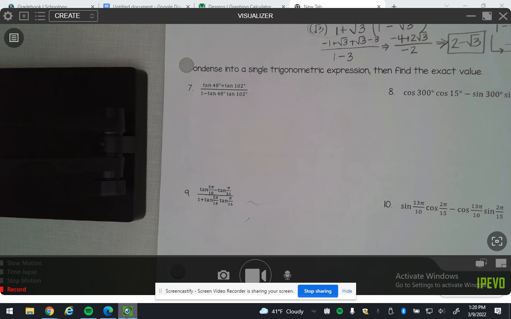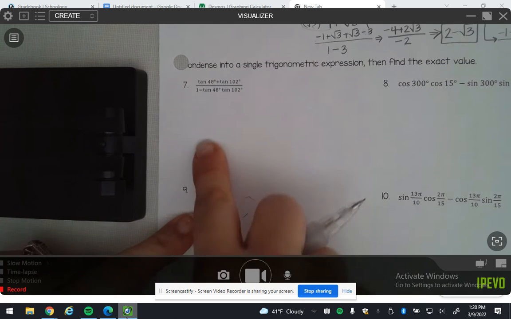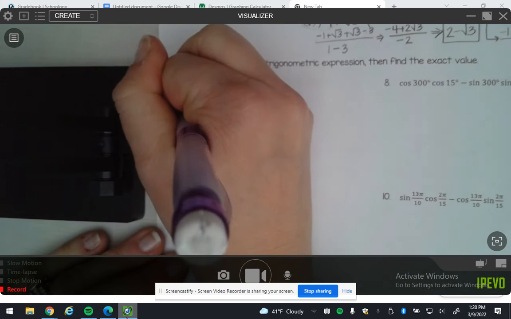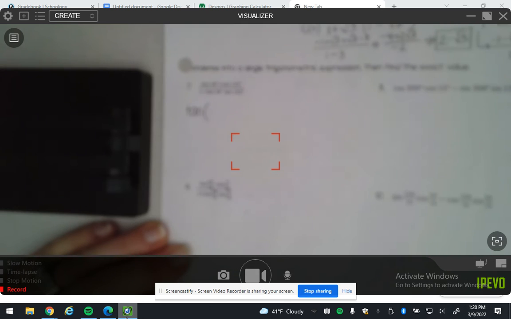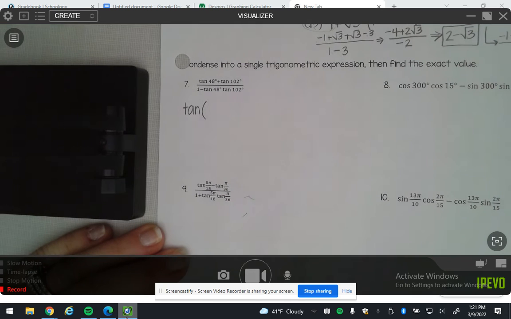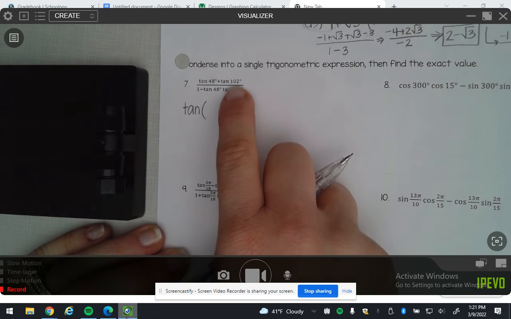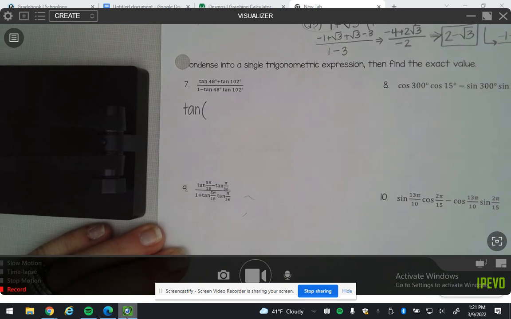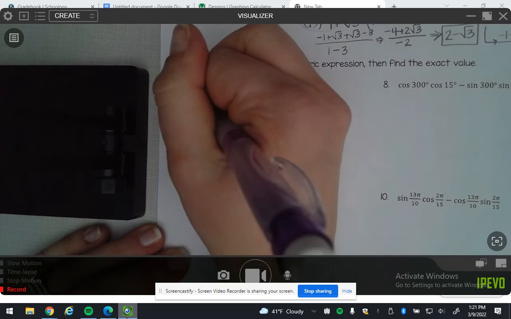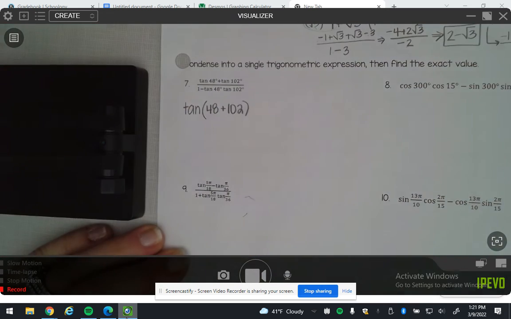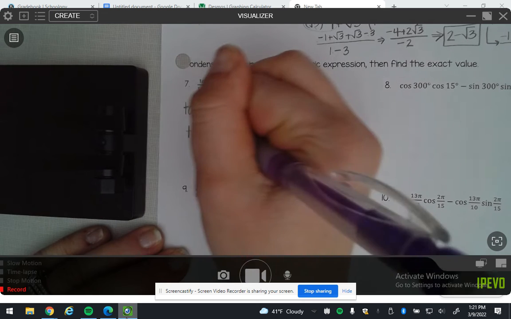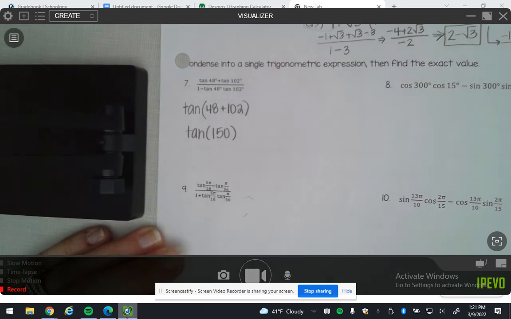But how do I go from the sum and difference formula to the other side? This is the same as doing the tangent of what plus what? Yeah, 48, which is alpha, and 102, which is beta, right? Because that's your alpha and that's your beta. If you look at your formula sheet, it says tangent of alpha plus tangent of beta divided by 1 minus. So this is the same as 48 plus 102. So this is the tangent of 150,